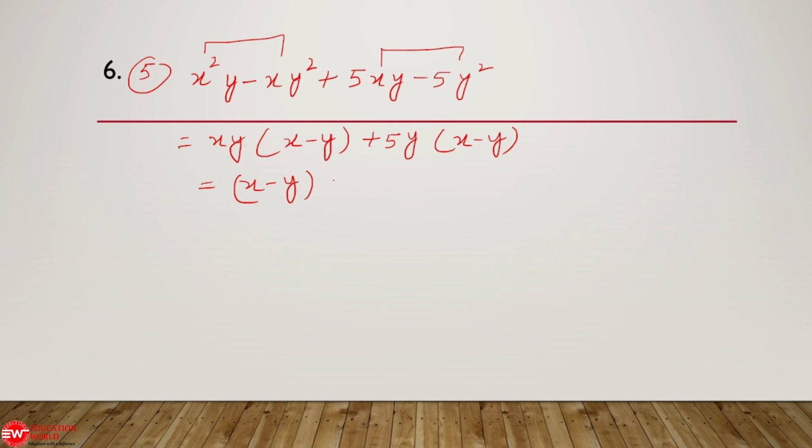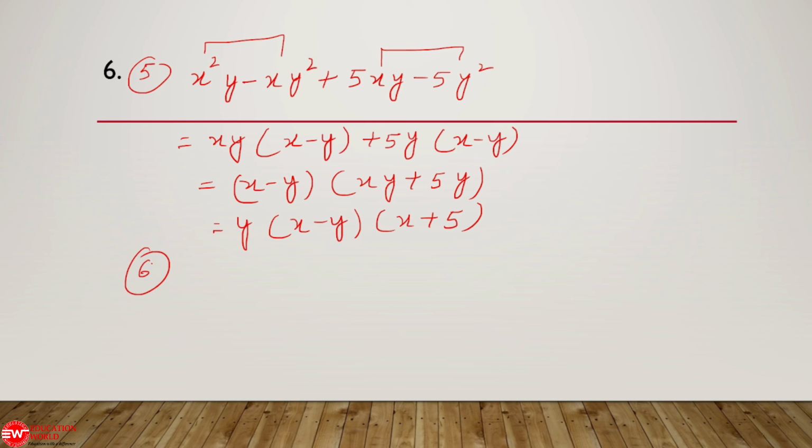Okay. So here inside, xy plus 5y. See here, y is again common. Take out y common. y times x minus y. So y you have taken common here. x plus y. If you will see, y is there everywhere, that is the reason y is common.